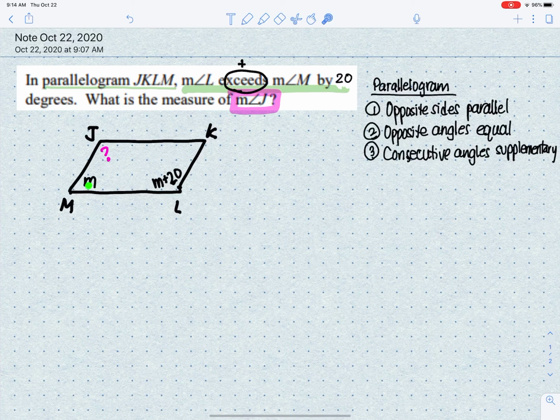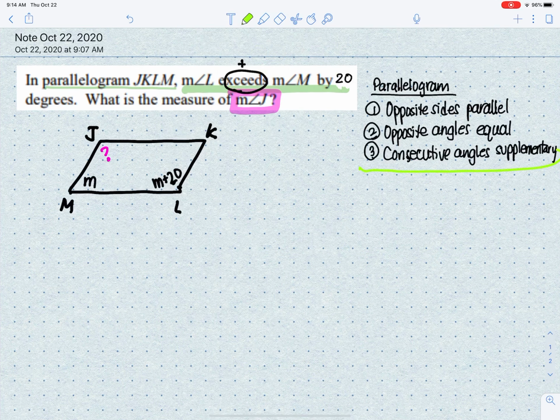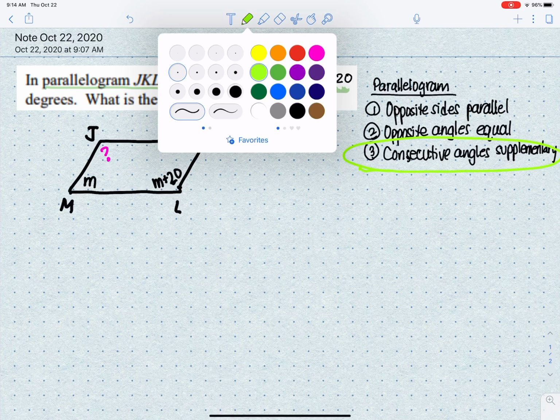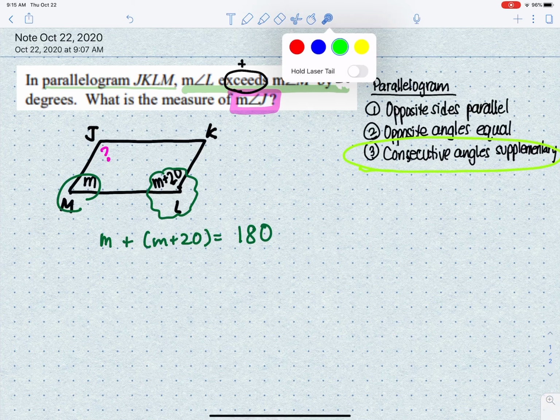Well, in this case, these 2 angles that we already have some information on are consecutive. So we are focusing on that last property, consecutive angles supplementary. So these 2 angles, they're consecutive, so they're going to add up to give us 180 degrees. Consecutive angles supplementary. So now what we're doing is we're combining like terms, and we have